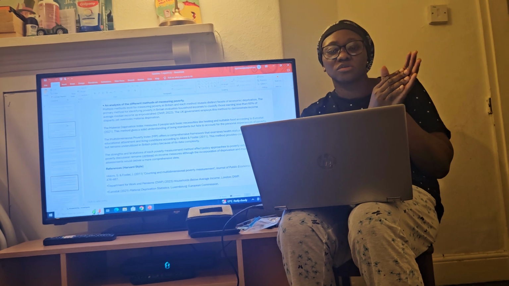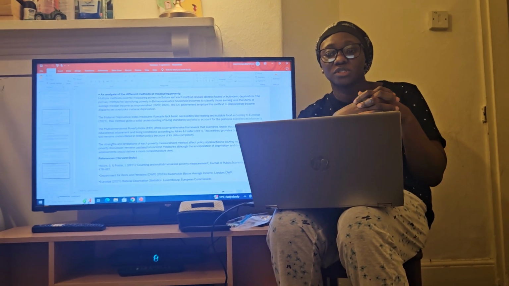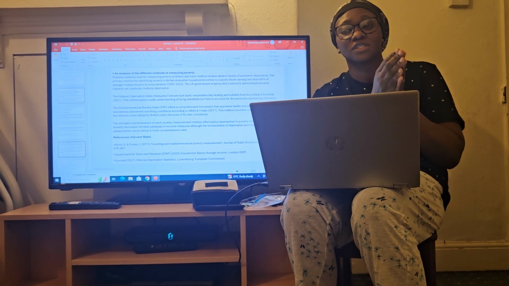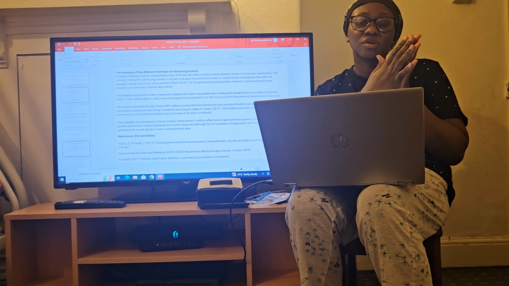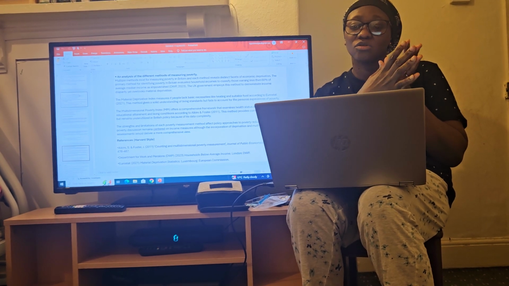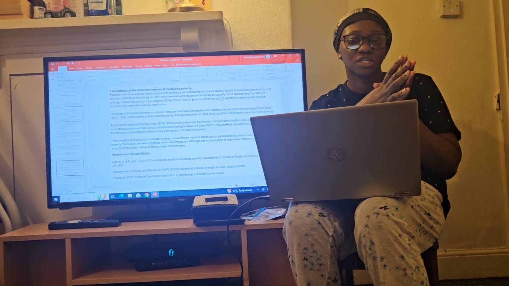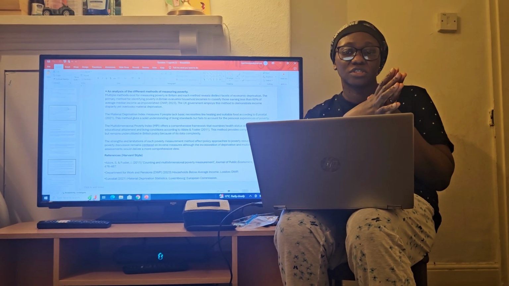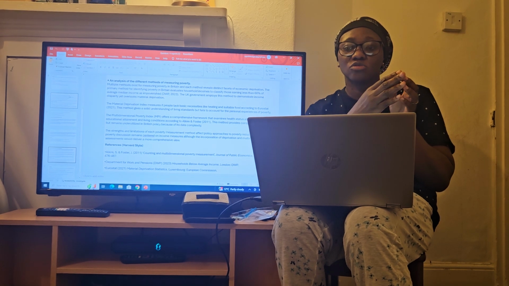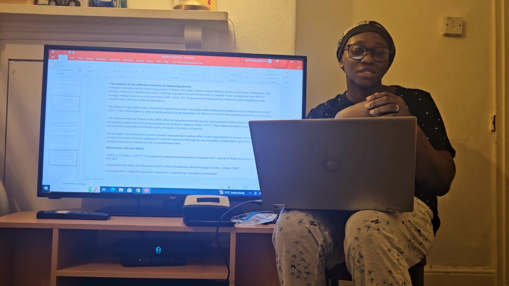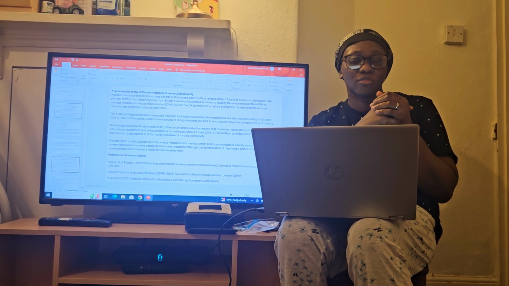Analyzing the different methods of measuring poverty. Multiple methods exist for measuring poverty in Britain, and each method reveals distinct facets of economic deprivation. The primary method for identifying poverty in Britain evaluates household incomes to classify those earning less than 60% of median income as impoverished. The UK government employs this method to demonstrate income disparity, yet it overlooks the material deprivation of the poor masses.